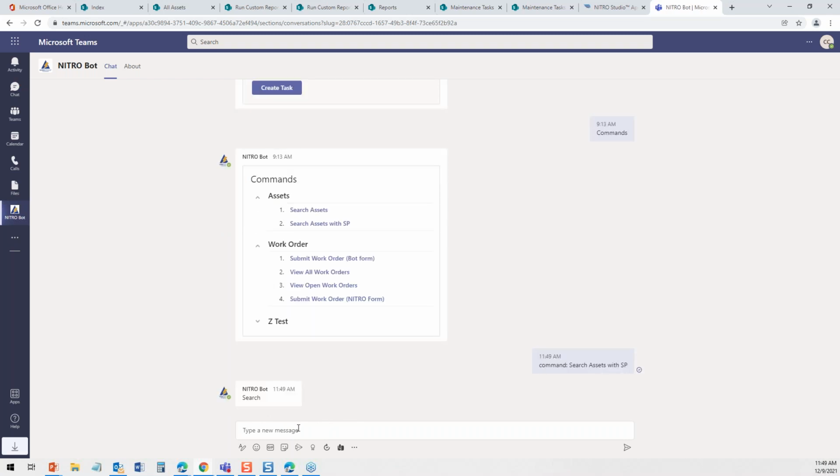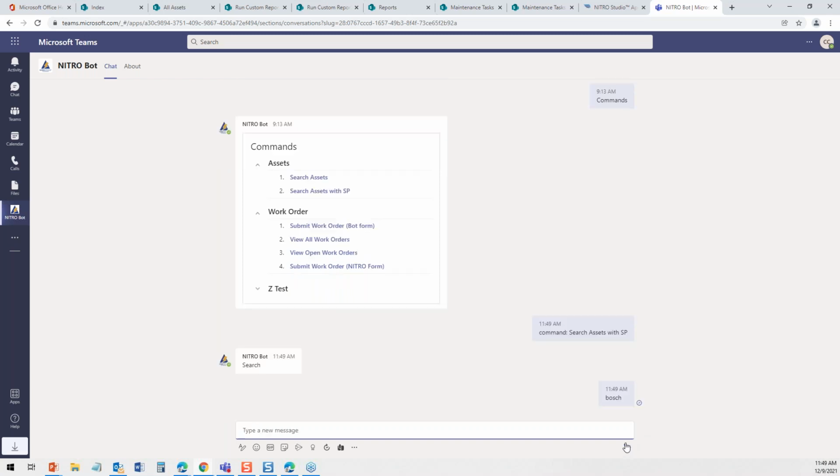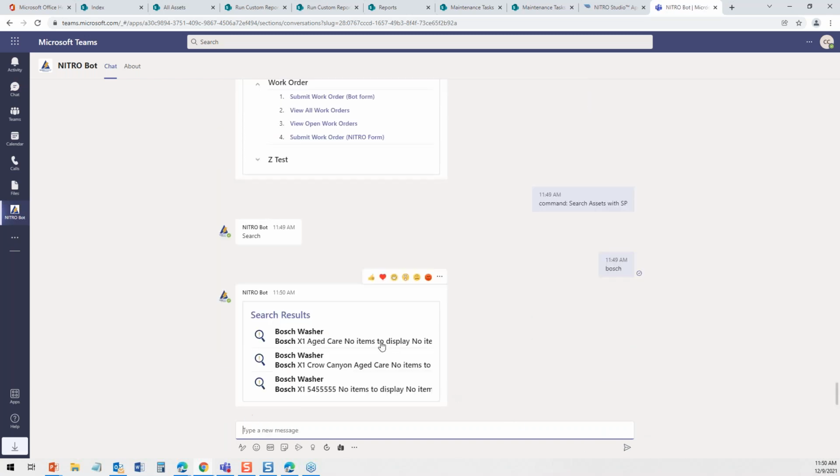And okay, what I want to search on, how about a dishwasher? How about a Bosch washer, I think is there. I can do a search on that. It's going to come back with a list of these. If I go here to the Bosch washer, click it, it's going to open up a card that shows more